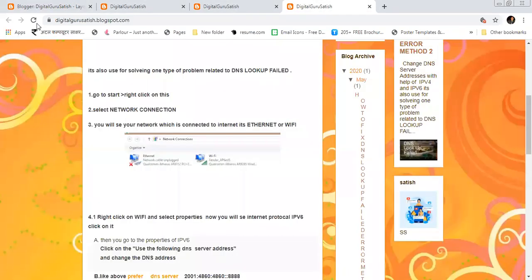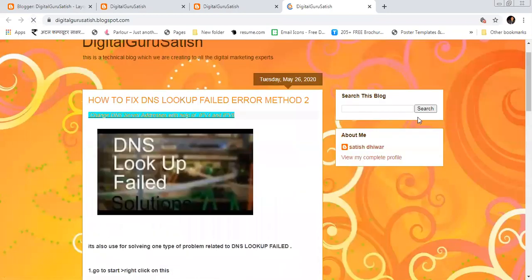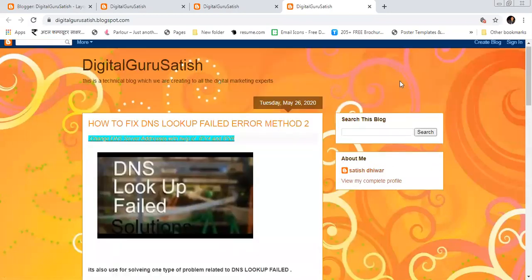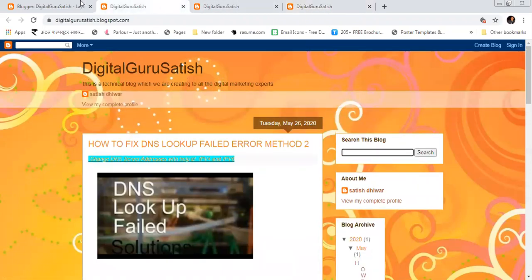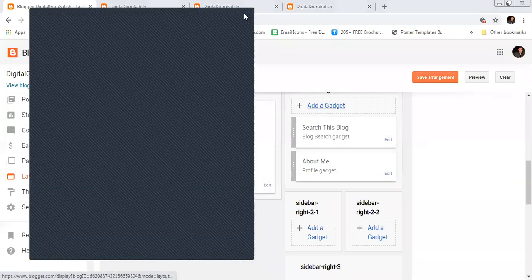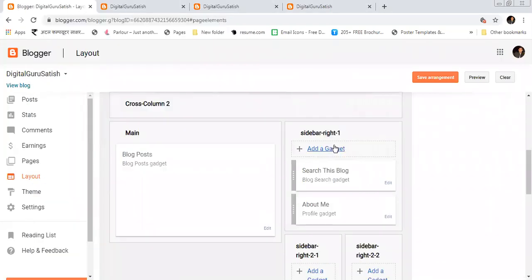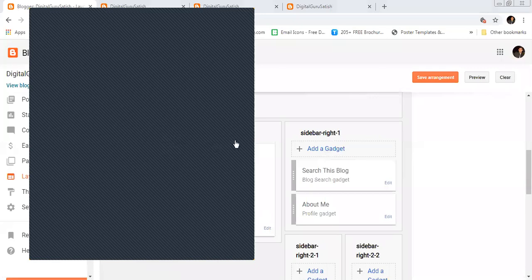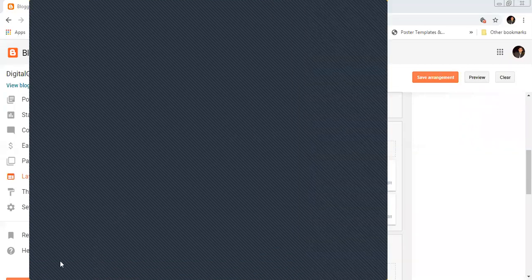Go to your blog again, refresh your page, and you can see nothing is available here. Only your search this blog and about me section is present. I'm going again to the dashboard section, add a gadget. If you have any doubt, you can ask. In sidebar right one, I'm adding a gadget and clicking on featured post, and I am adding it here with the help of the save button.